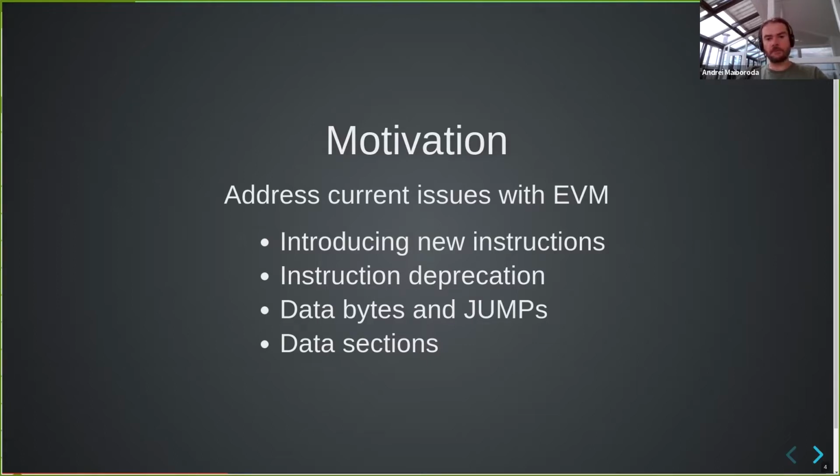Another kind of problem with EVM is the way jump instructions work currently. Jump and jump I instructions require that the target be a special byte value, which is called the jump dest opcode. This rule seems simple, but there is a weird edge case. In case this jump dest byte is inside push data, the bytes immediately following one of the push instructions, those are bytes that push instructions push on the stack. In case jump dest is inside this data, it is not a valid jump destination, and an attempt to jump there